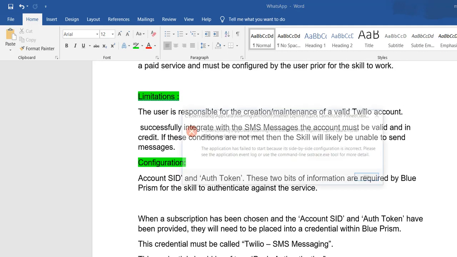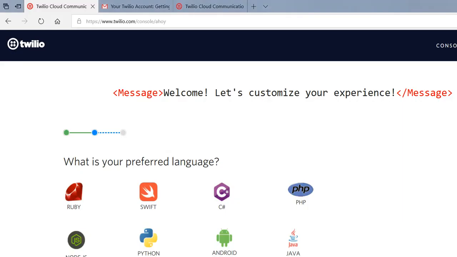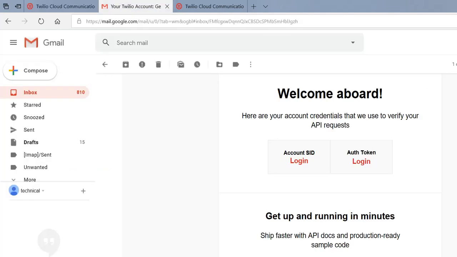Here I am opening Twilio. First, you have to go and create a login or register if you are a new user. Once you register, you will get a Twilio account SID and authentication token. These SID and token you have to pass into the Blue Prism application. Here you can see